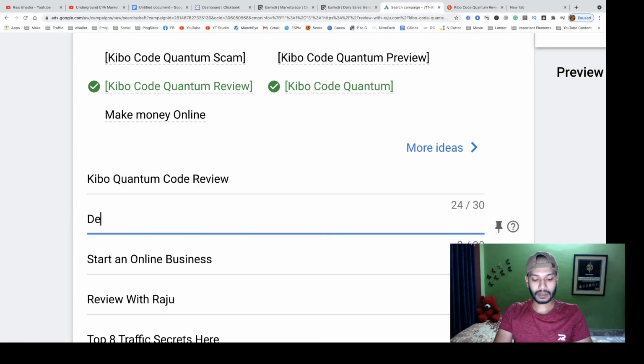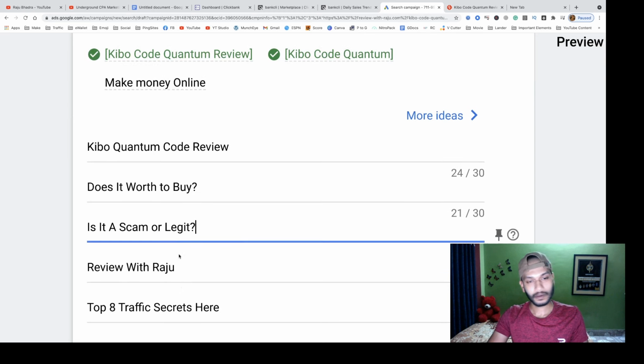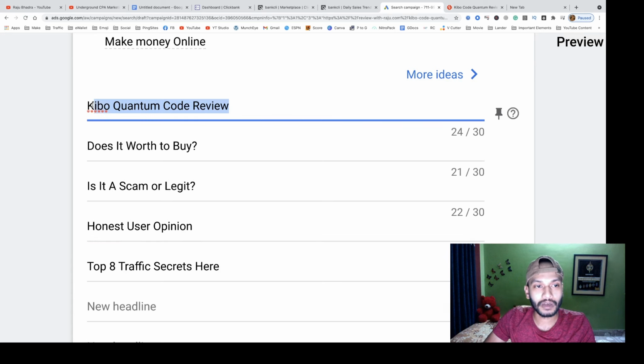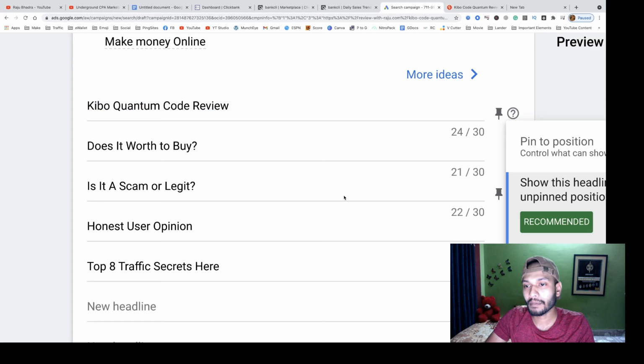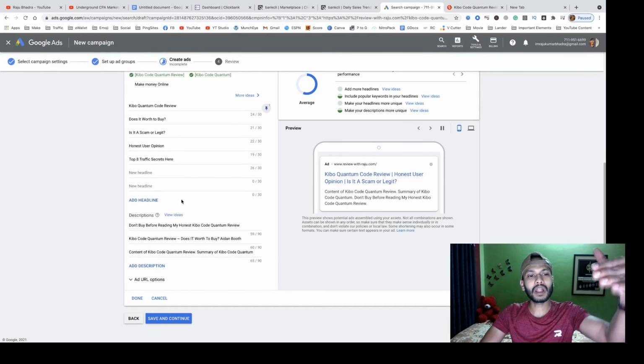Then you can add, does it work to buy, is it a scam or legit, honest user opinion. But mind it, make the first one KiboCode quantum review, make it the first position, and then all those are random.